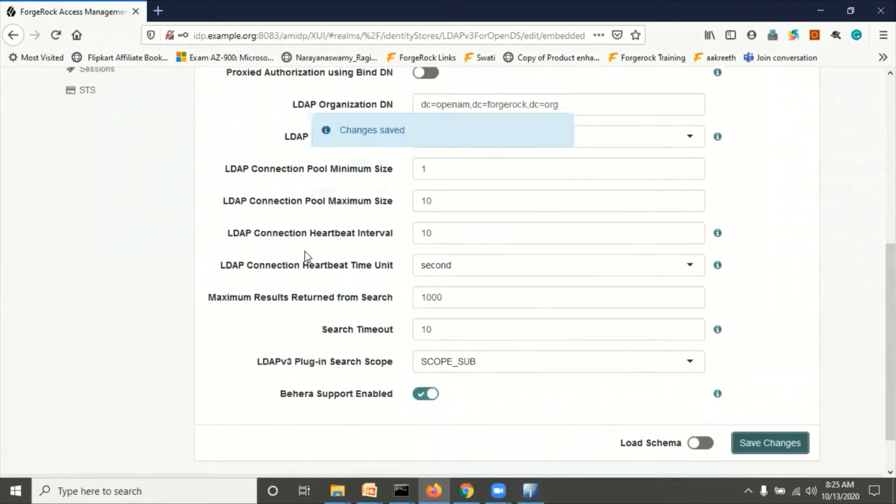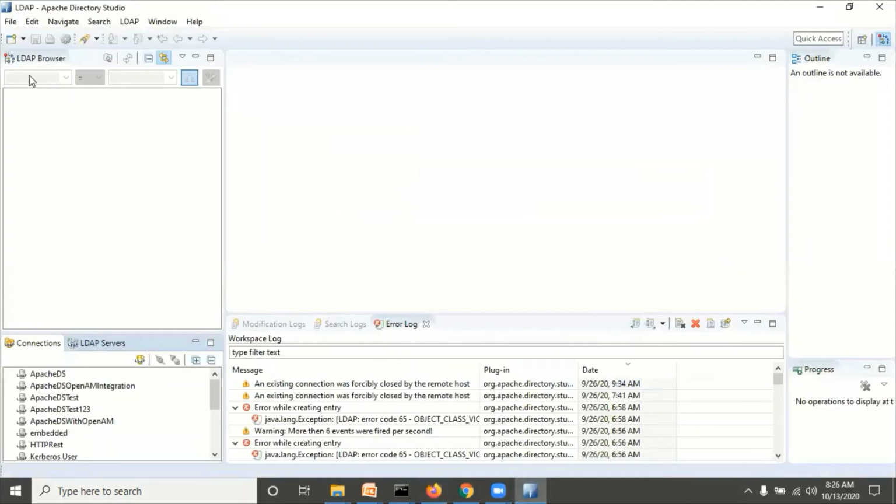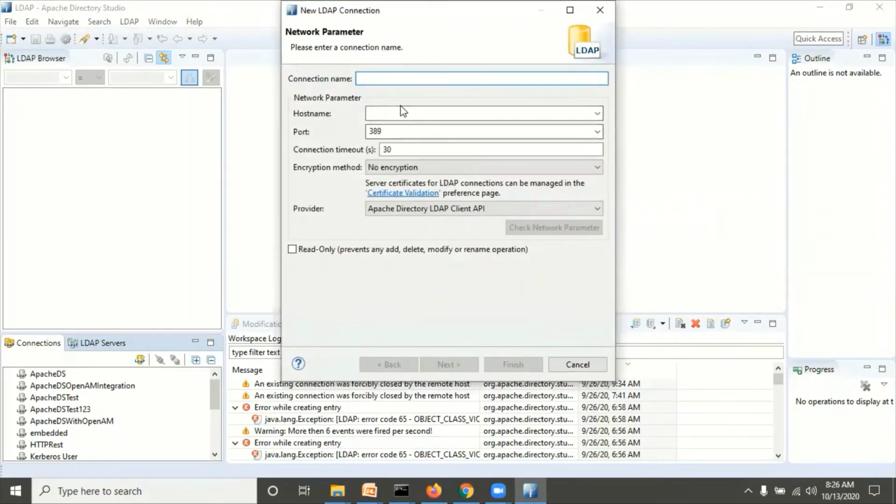Now we have to access this embedded OpenDJ from the Directory Studio. How to access? Once you open the Apache Directory Studio, click on New Connection. I'm giving the name AM IDP. This is just the connection name, you can give anything.